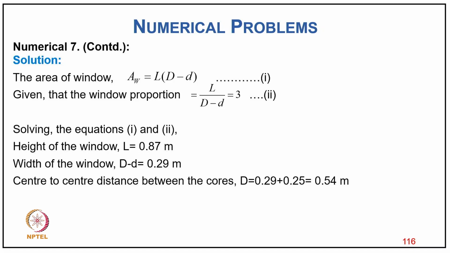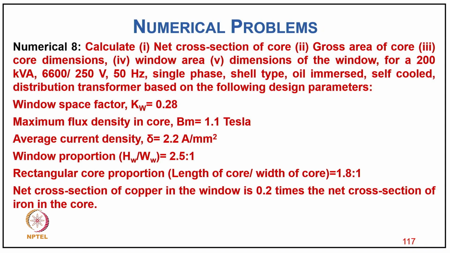So solving these two equations, we get a height of the window L equal to 0.87 meter, width of the window D minus d equal to 0.29 meter, and central to central distance between the cores D equal to 0.54 meter. Now coming to numerical problem 8, calculate the net cross section of core, core dimensions, window area, dimensions of window